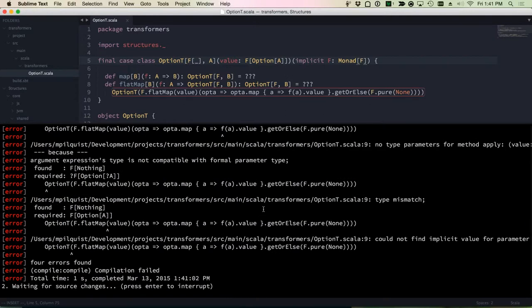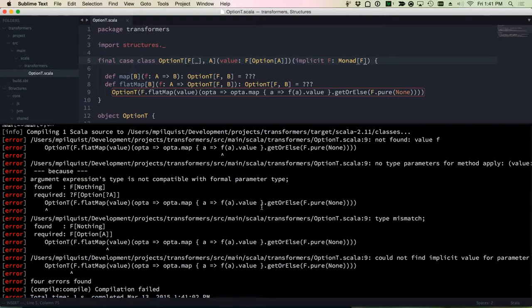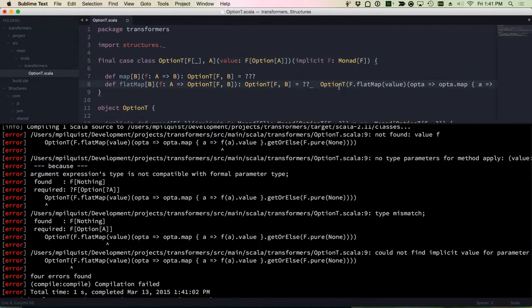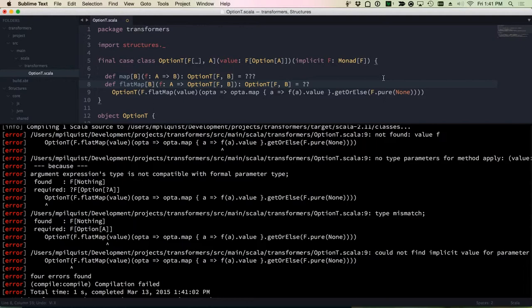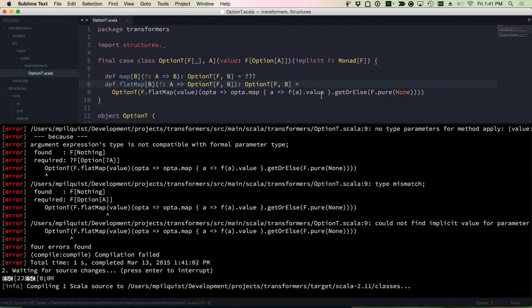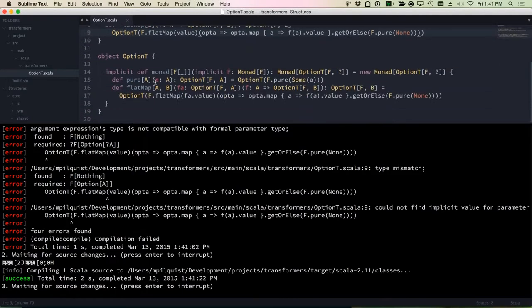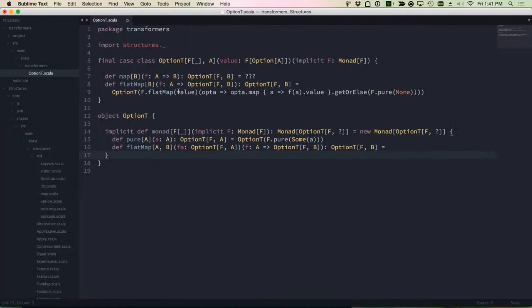What else did we get wrong? Let's make sure we get it compiling before we refactor that. Oh, and since we moved this implementation up, by the way, we can change our flatMap definition down here now, just to call fa.flatMap. And that'll compile fine. Okay, so we can put this definition up here,